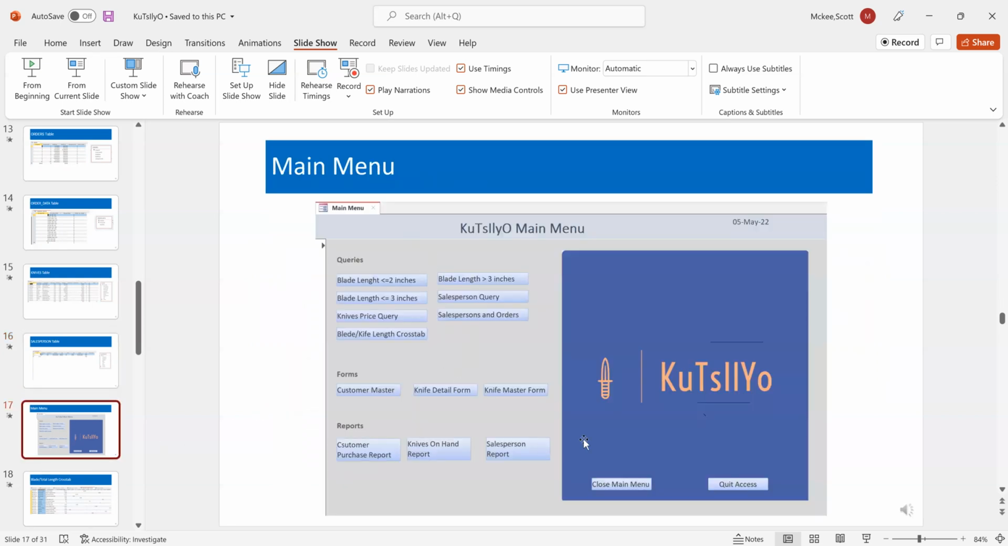There's the main menu that I put together with the logo, with close and quit Access, some queries, some forms, some reports, and there's a date. I'm sure I'm going to add more to this down the road and change it. I didn't have a lot of time to put this together, but I think it's a good start. Hopefully it's good enough to get a decent grade, but